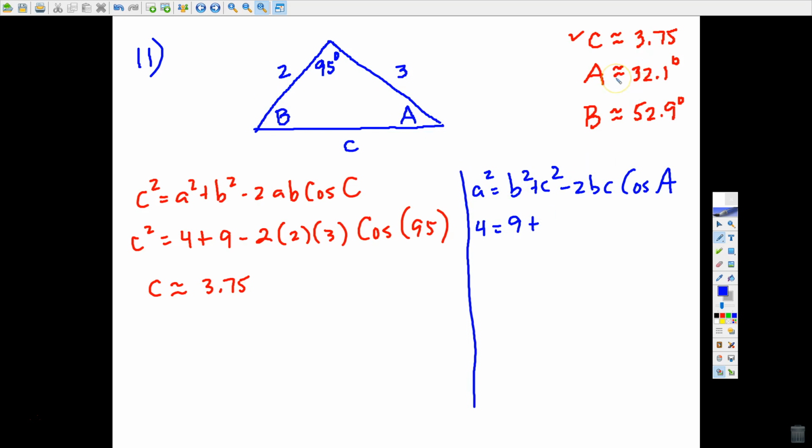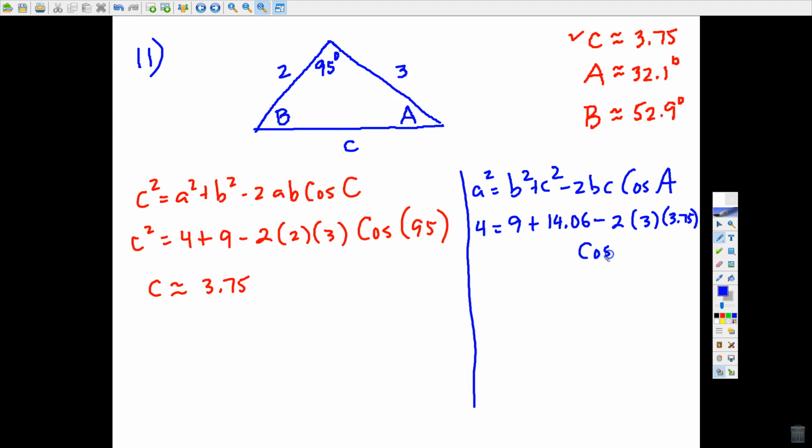C squared, I'll just go ahead and do that, 3.75 squared is 14.06, minus 2 times 3 times 3.75